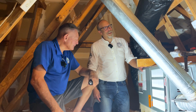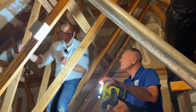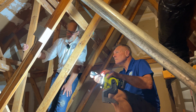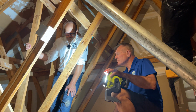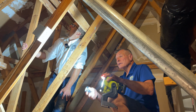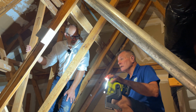Okay, great. Okay, Mike, we're in the attic, and we just finished up the heating and cooling system in the attic, and now we're looking at the attic. What are the systems or components or conditions that you look for? We look for the trusses, which is the makeup of this whole structure. Yeah. The wood,